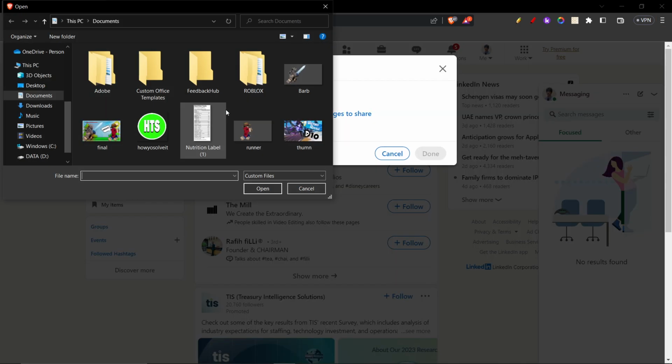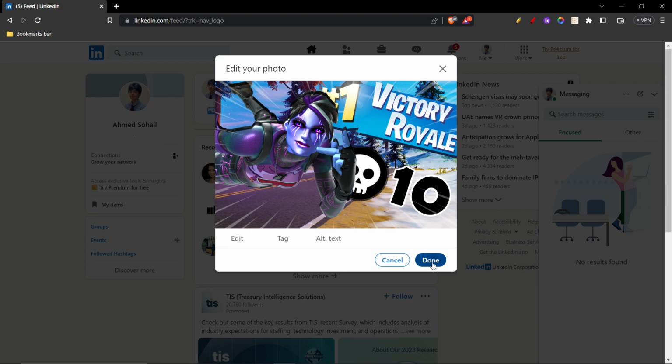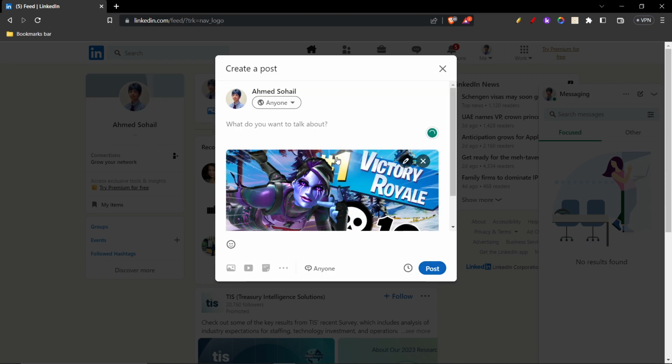So I'm going to click on it, and then it's going to redirect you to a file explorer window. Here you're going to choose the photo which you want to share with other people. So in my case, I'm just going to upload this photo right here. It's a thumbnail. Now I'm going to click done, and then here you can write a text like why do